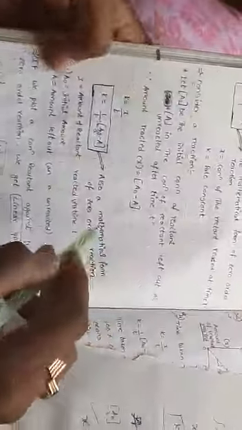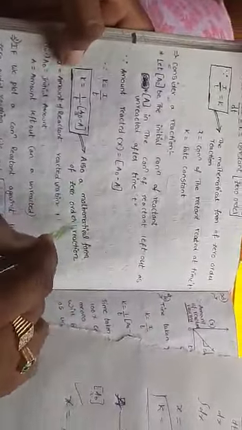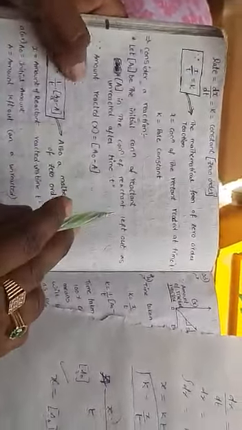So this is also the same mathematical form of a zero order reaction: k equals x by t, or k equals A naught minus A by t. Here x is the amount of reactant reacted in time t, A naught is the initial amount of reactant, and A is the amount left out, that means the unreacted reactant.